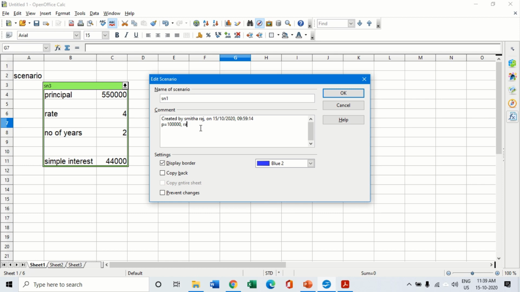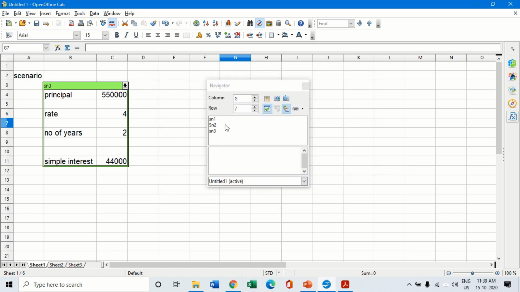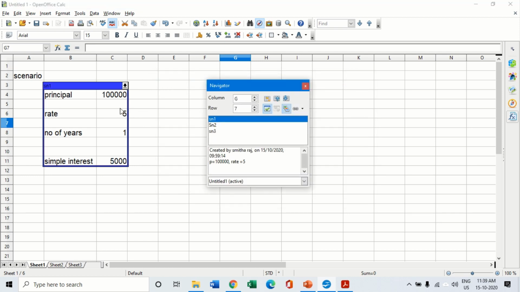So I am changing it as rate is equal to 5%, whatever change I want to make. It was 4% for the first scenario, scenario number 1. I click on OK. Now when I double click on scenario number 1, it has changed to a blue colored border and the rate is 5. I already made that change and it is visible to me over here.